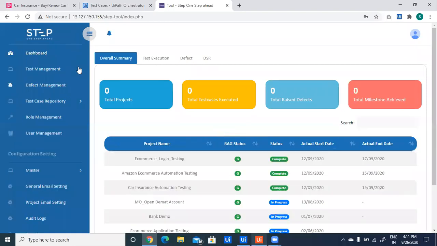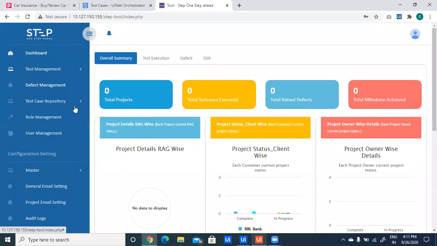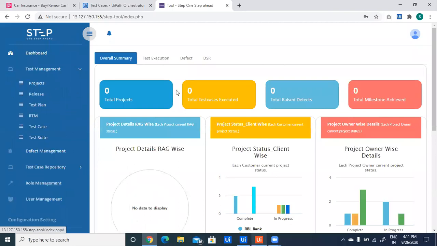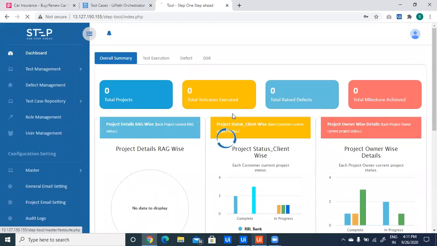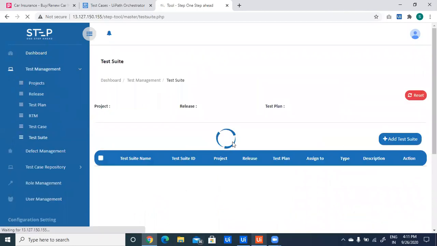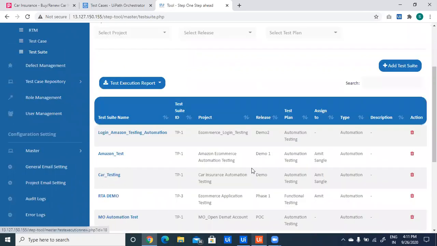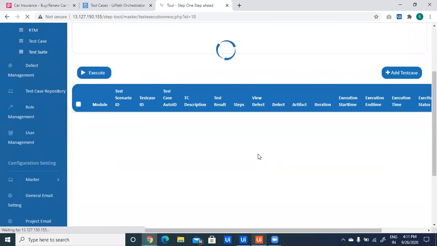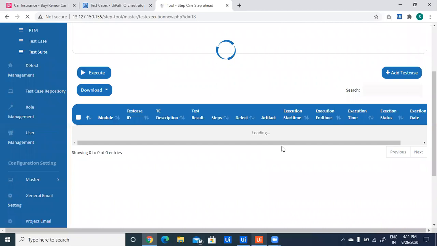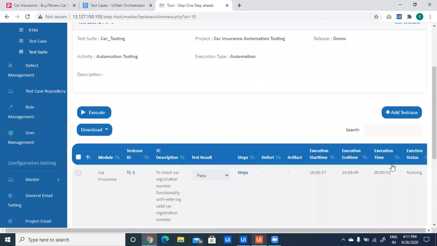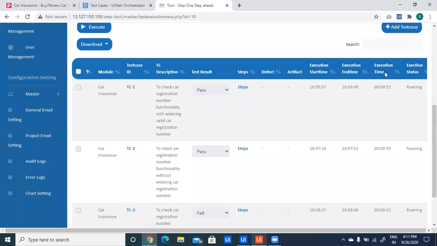So under test management, in test suite, we can see our test results have been updated in our own management tool also. The execution start time, end time, and execution time with the particular test result have been updated in our test management tool.